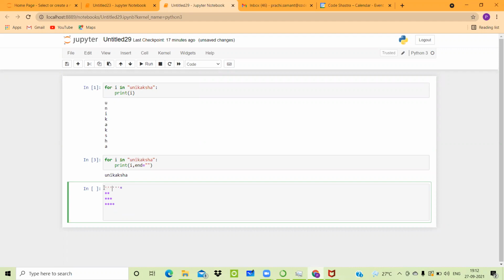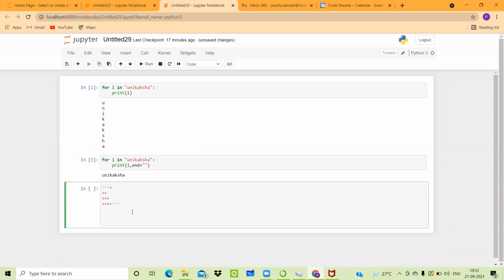Just a second. I just want to give a multi-line comment. So we have created this as a multi-line comment, and now let us try to run this, or first create the structure for this. So we'll say for I in range, whatever range that you want to specify, 4, 5, 6. So suppose I am writing for I in range 5.